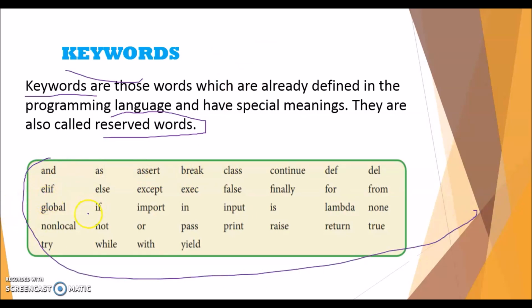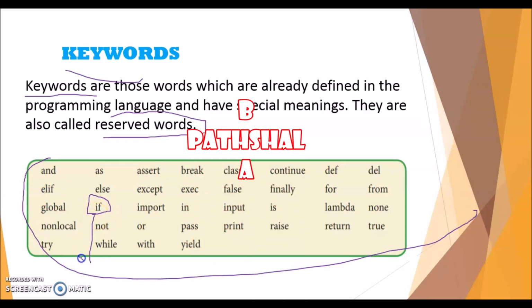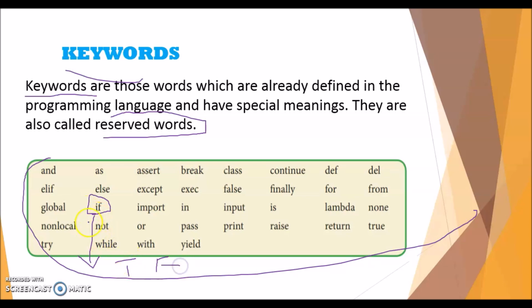For example, take if. In Python, if is used for the true statements. Whenever we are using conditions, if I want to represent the true condition, always if represents it, and if I want to represent the false condition, it is represented by else. So the meaning of if and else is predefined, they are used for the true and false conditions only. That's why these are keywords, and their meaning can't be changed according to our needs.